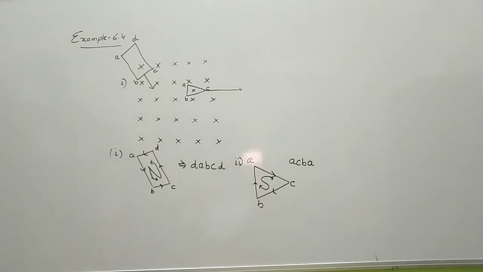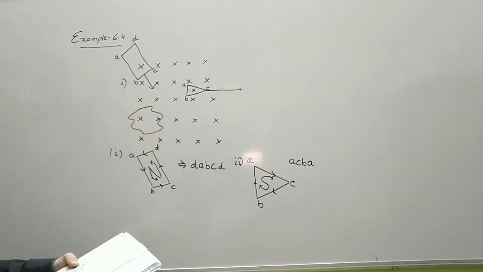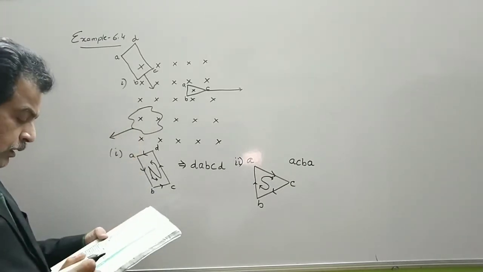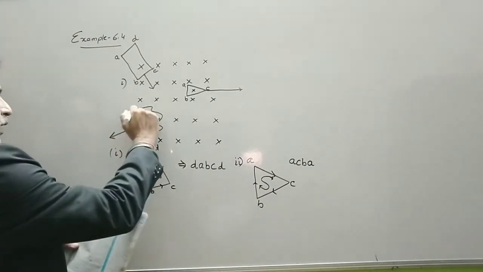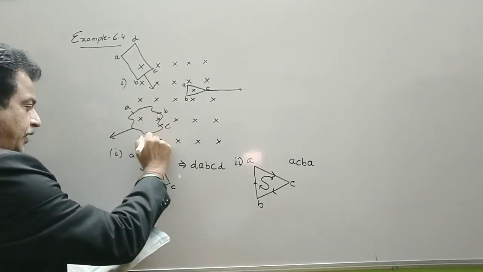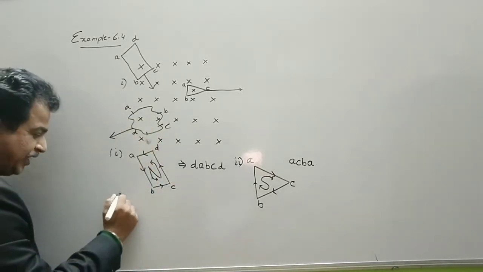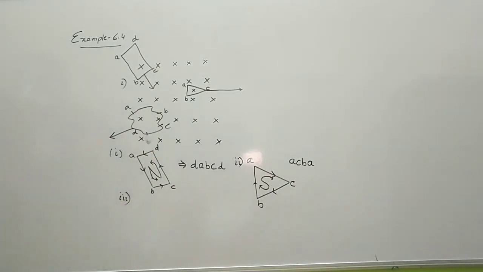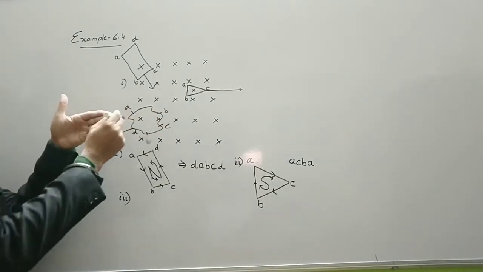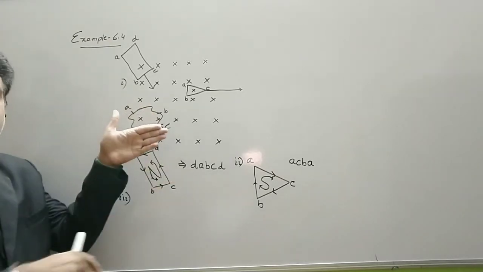Now the third loop is an irregular loop given. So this is an irregular loop. The points given are on the surfaces A, B, C, D. Now it is pulled out. In the third case, again this irregular shaped loop is pulled out. Now if it is pulled out, again the number of field lines decreases. And if the number of field lines decreases, you should add up.